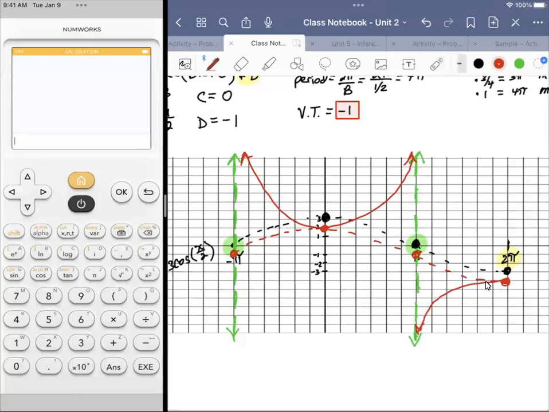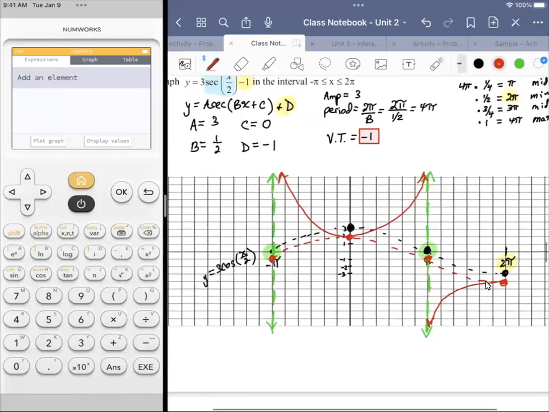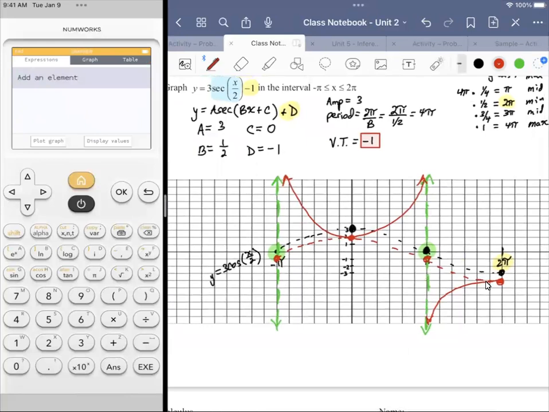Now, like I said before, you could do it on a calculator, but you sort of have to learn how to speak in terms of pi. So let me just show you real quick. I'm going to go to Grapher. I have the one from last time in, but I'm going to show you from scratch. So add an element, y equals or f of x equals, doesn't matter. They're both functions. So I want 3